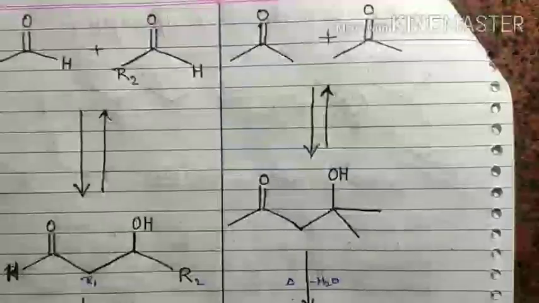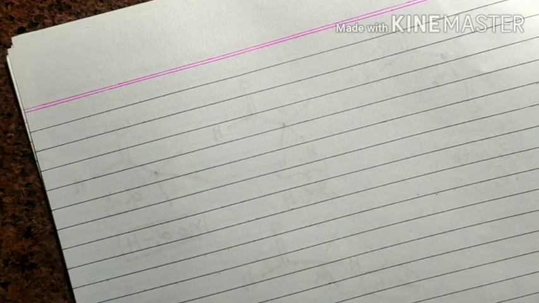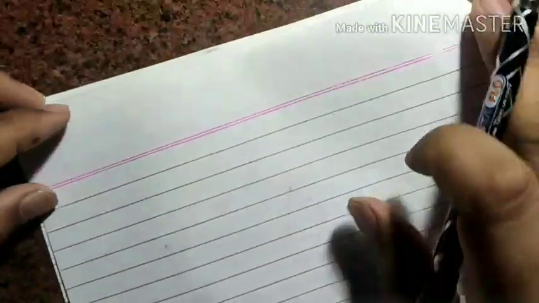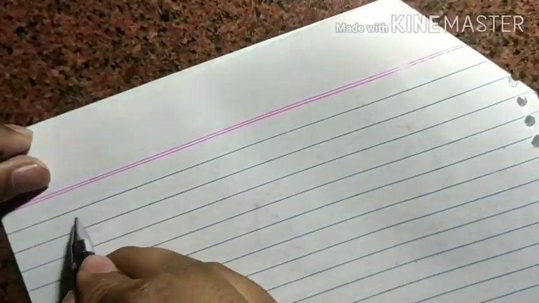In a reaction you don't have to show the mechanism, but I want to write a small mechanism here for you to understand how the aldol condensation takes place. I want to explain only one example, and the rest of the examples I write here you should solve yourself. So first listen carefully here.